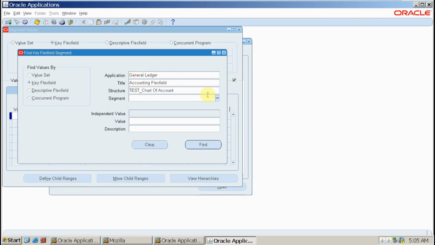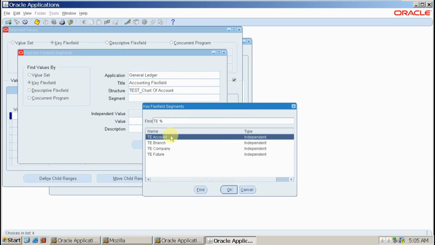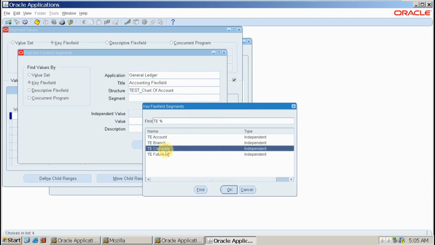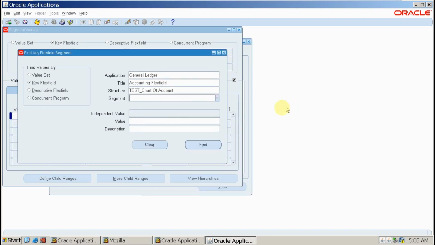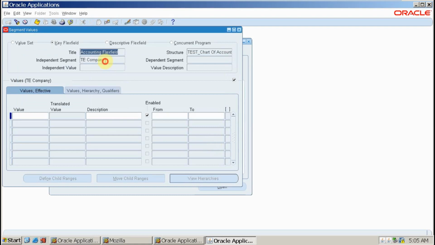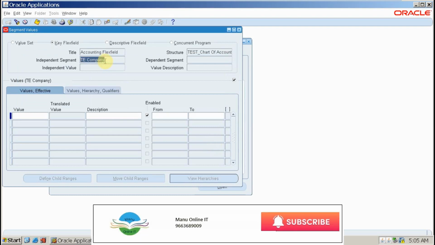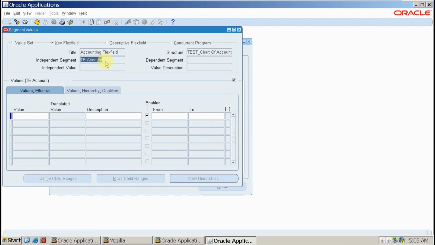And if you take the list here, which segment do you want to create the values for? First I want to create companies. If you are not selecting any segment here and click on find, the system automatically picks up one by one. You're supposed to press the down arrow on your keyboard so that you can see all the segments one by one. So select one by one and create the values as per this video.